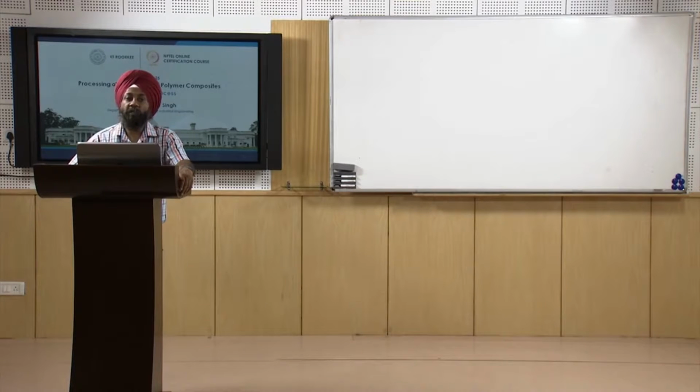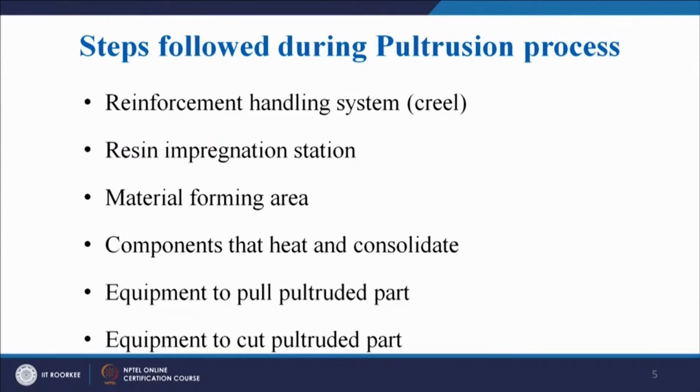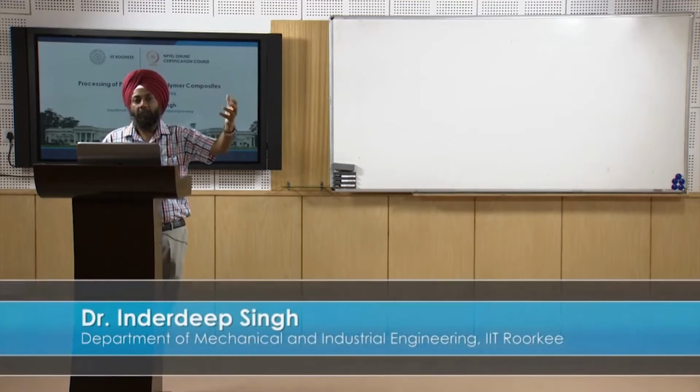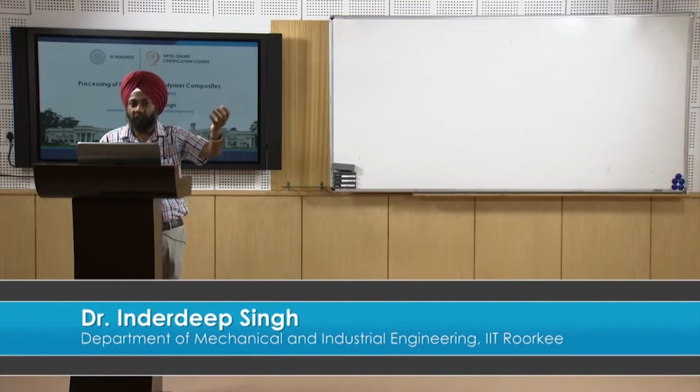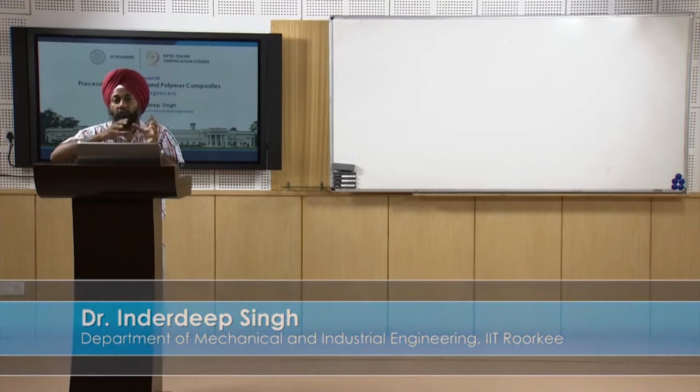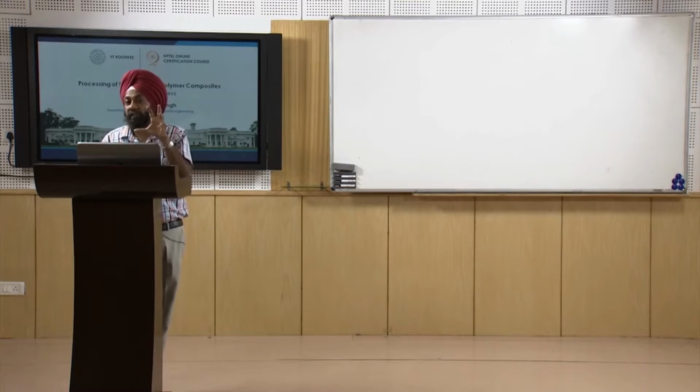Then the material forming area, that is, we have to get a particular shape of the product, because we have seen that in polymer processing there were three basic steps. First was melting of the polymer, second was deforming or giving shape to the polymer, third was the cooling stage. So here also we have to give a particular shape. The fibers are random, we can have the rovings, we can get the fibers in a particular direction, but finally we have to make a solid rigid product, and for that we need to give a particular shape as per the design of our product, and to give that shape we will have a particular die or mold arrangement.